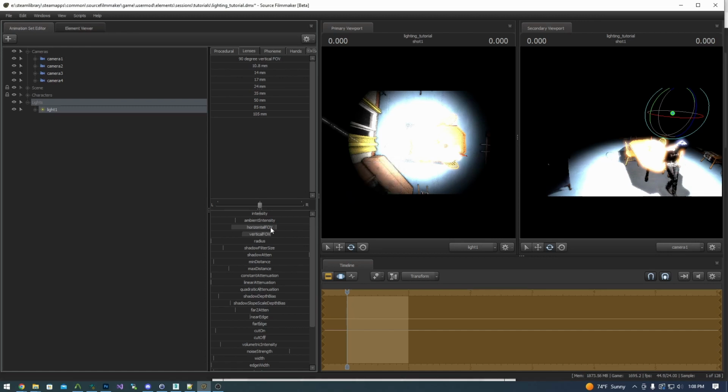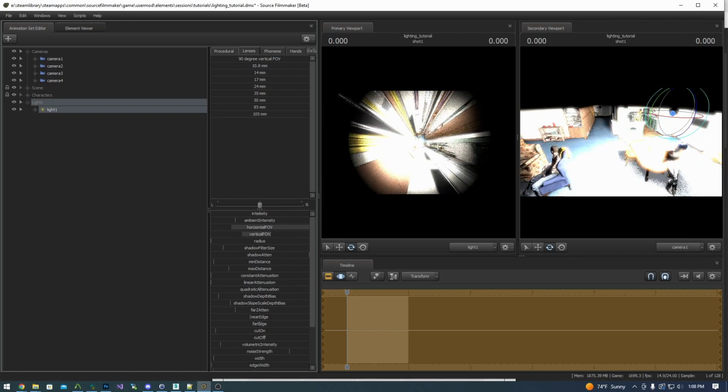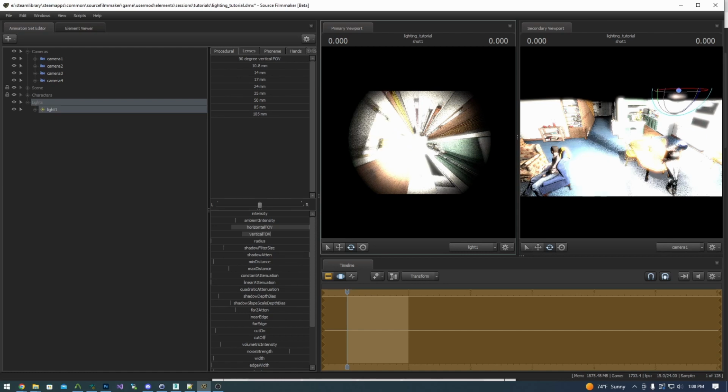You generally don't want to go any higher than that. Things get weird once you get close to 180. But by doing this, I can make this light be about as wide as I can manage it. I'm going to pull it up a little bit more. About right there. I'm using S to back up, and you can see in this viewport right here, you can see the shadows get a bit weird. I'm going to place it about right there, get it as close up into the ceiling as I can without